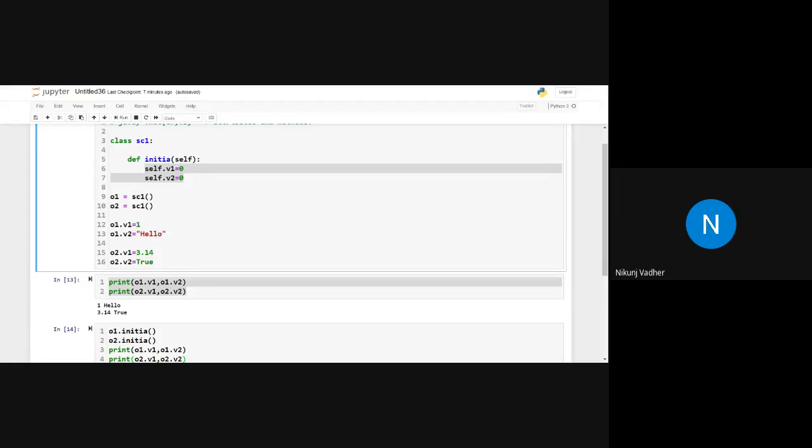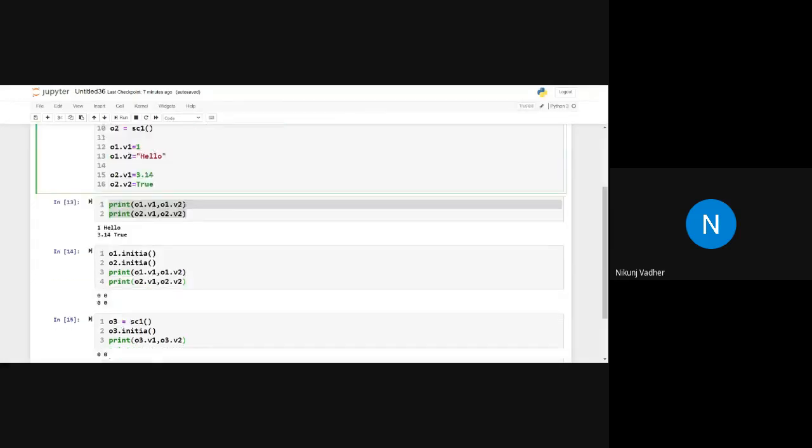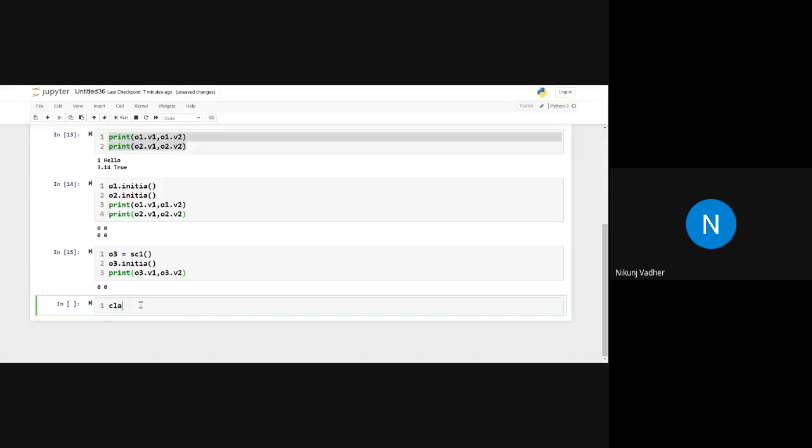Now let's move forward and take an example which is very easy to understand. Let's create a class Point. Here we will not specify any attribute, we will only specify the method, the same method which we already implemented here.